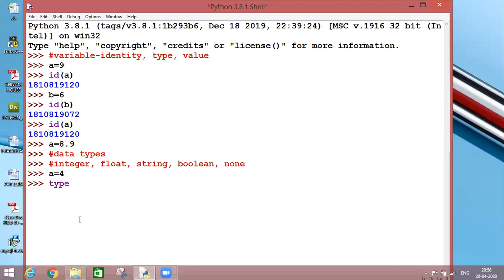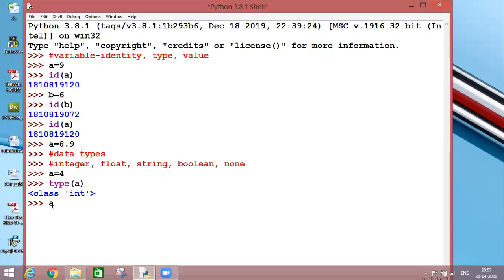If I want to find out the type of my a variable, what type of value it is holding, it will show me class int, integer type. That a is a variable which is holding a value of integer.